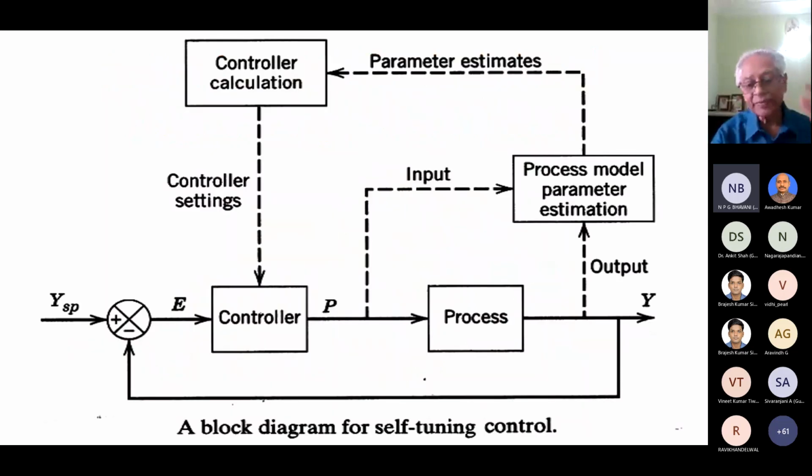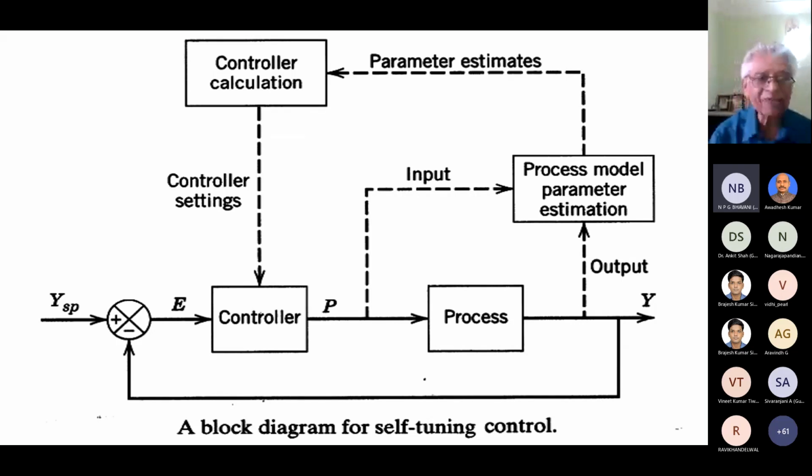So this is the block diagram of a self-tuned control. Self-tuning control is also important. You will have process model parameter estimation. The process is there, the controller is there, and the feedback is there. So you have a control calculation. The same thing, the controller has to be calculated here because the parameters estimated in this model, parameter estimation, go to the controller calculation, and it goes to the